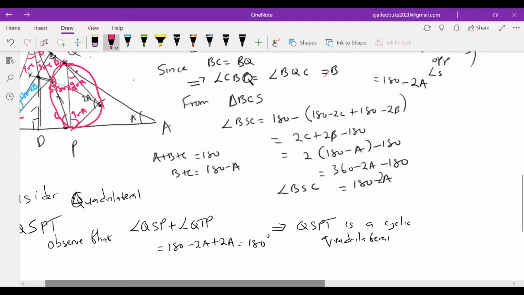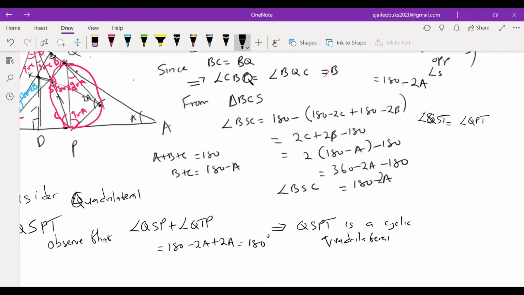So this means that angle QST is equal to angle QPT, and that's equal to 90 minus A. Let me show you here. I'll use A. These angles are equal,